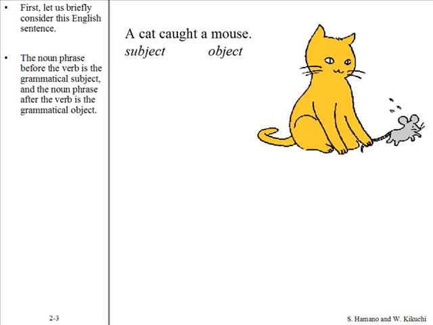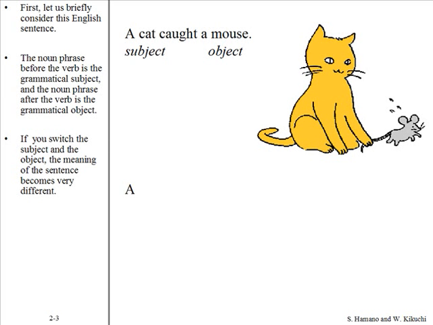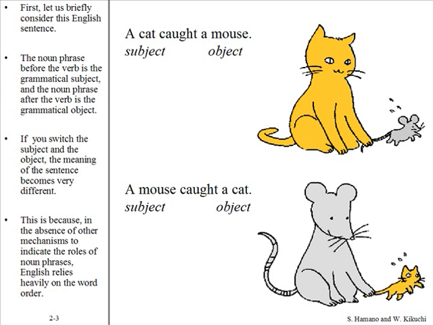First, let us briefly consider this English sentence. The noun phrase before the verb is the grammatical subject, and the noun phrase after the verb is the grammatical object. If you switch the subject and the object, the meaning of the sentence becomes very different. This is because in the absence of other mechanisms to indicate the roles of noun phrases, English relies heavily on